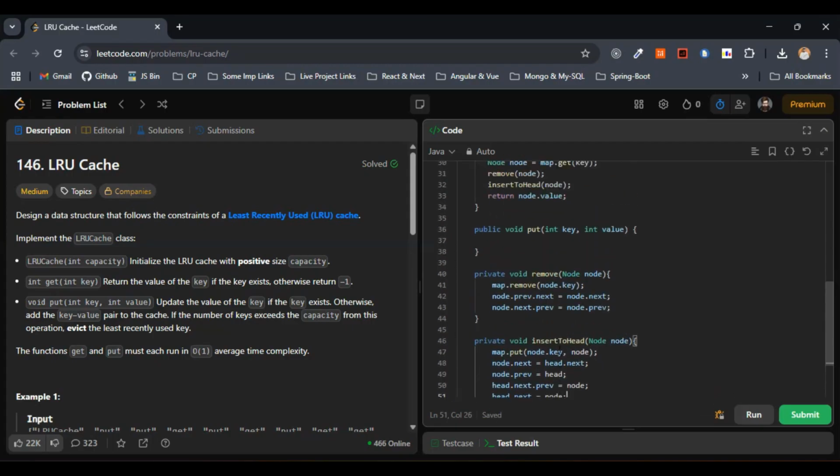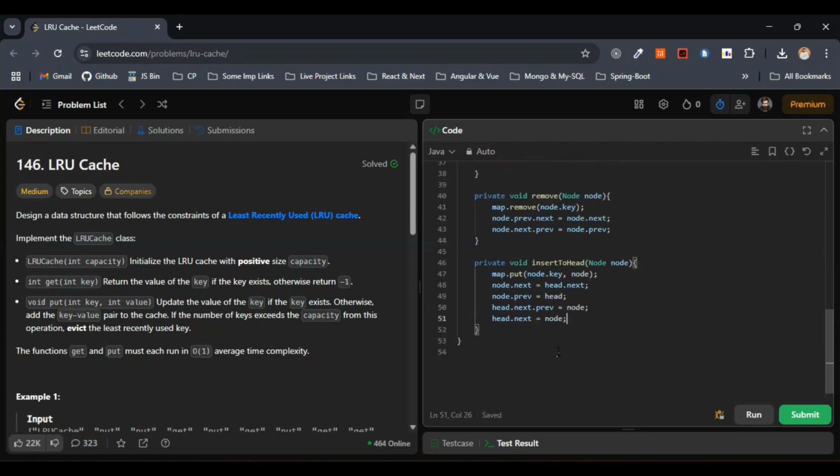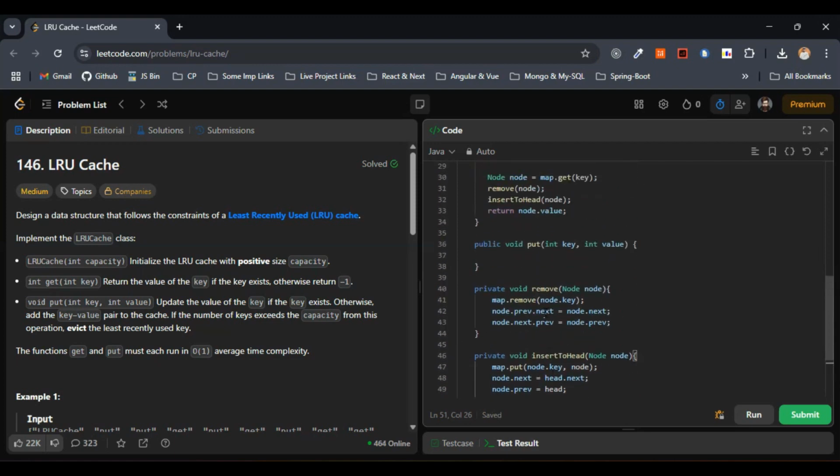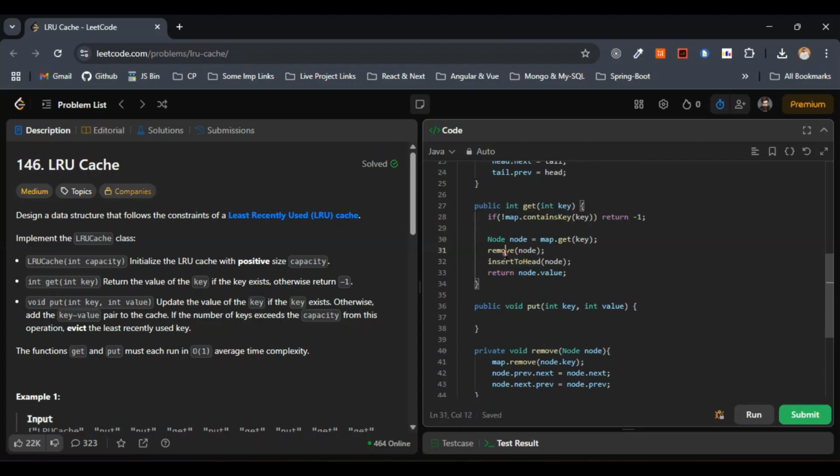We are done with the helper functions now. We have already made use of the insert to head and remove methods within the get method, right? So we are done with the get method entirely, right? So now as we are done with this get method entirely, let's move on with the